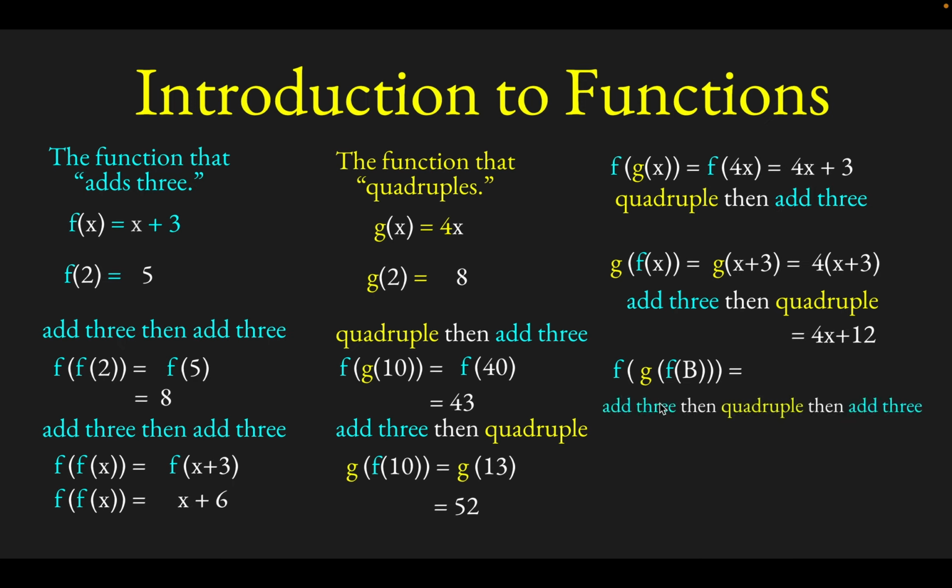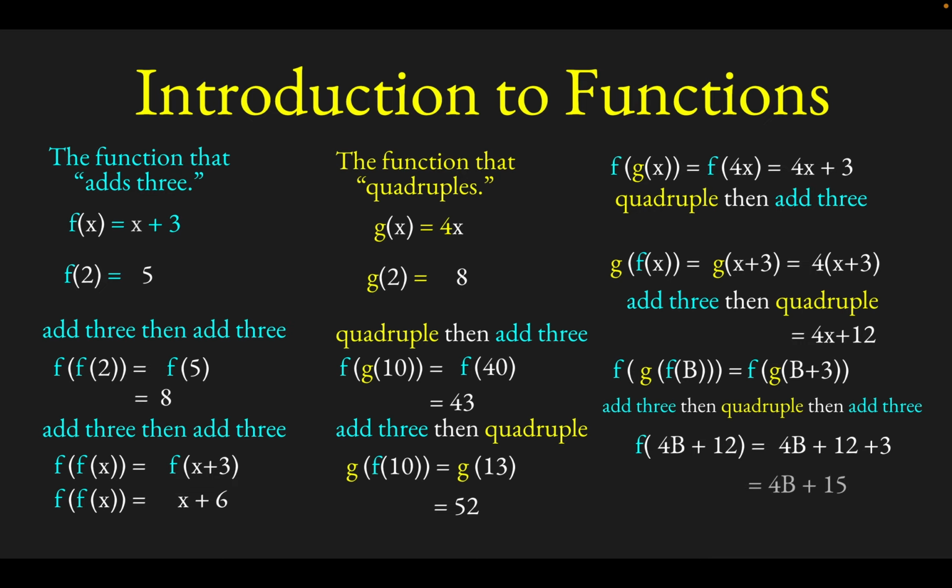So it's going to look like this: add 3, then quadruple, then add 3 again. Well, so if we add 3 to b, you get b plus 3. Now we have to quadruple b plus 3. So we're going to get 4b plus 12 by quadrupling b plus 3. And then the very last thing we have to do is add 3 to that whole mess. So you'd get 4b plus 12 plus 3,